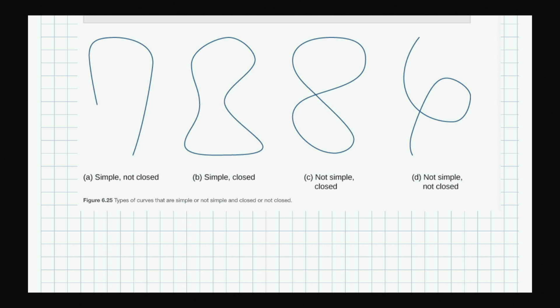Now, here they say this one is closed, but not simple. And you see it's a figure eight. So, yes, it's closed. And they say it's not simple. Probably you can guess at what simple means now, right? Simple is going to mean it can't cross itself. And here they say this is not simple and not closed. So the ends are not connected, so it's not closed, and it crosses itself, so it's not simple. So that's really it, right? Simple is going to mean it does not cross itself,